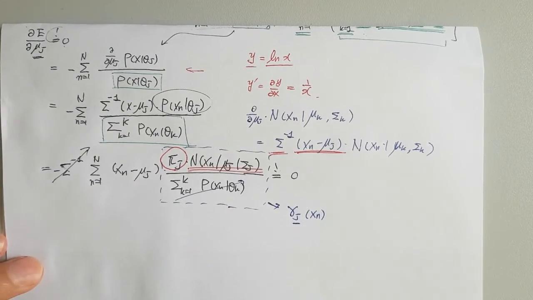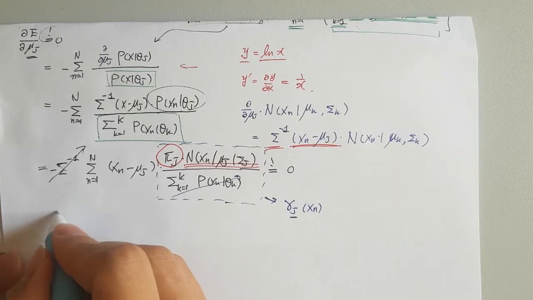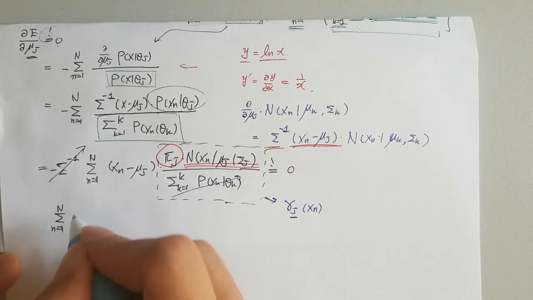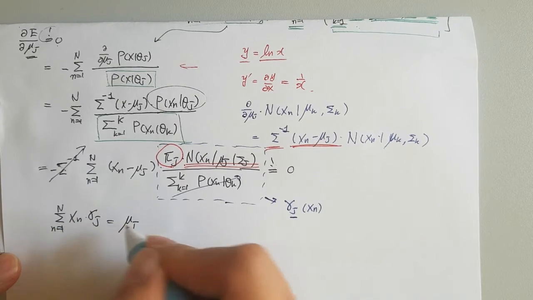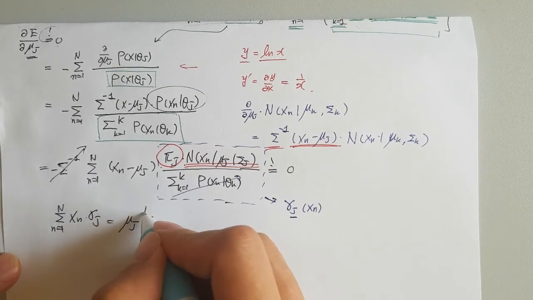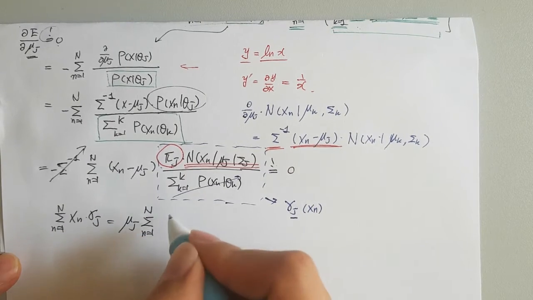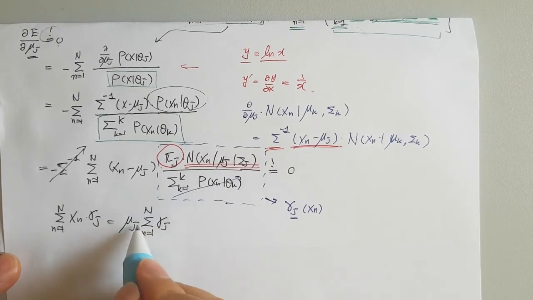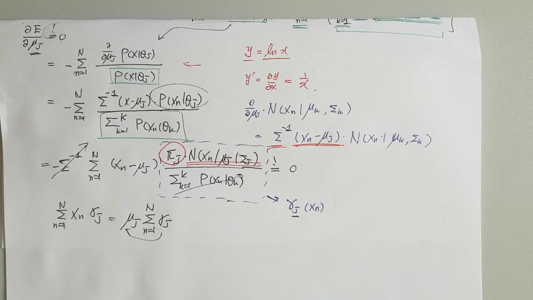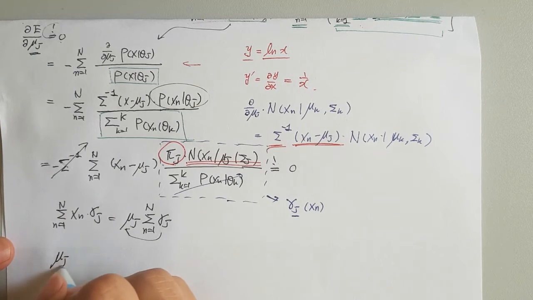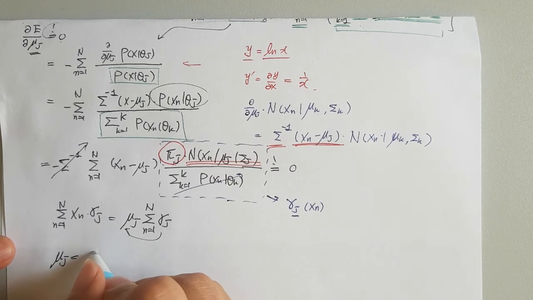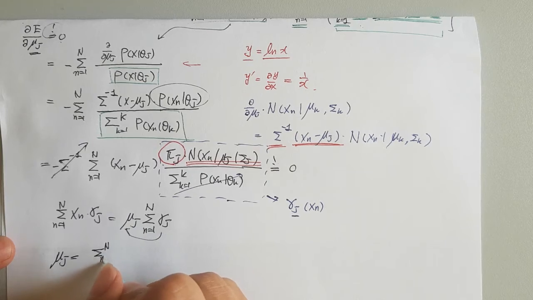So clearly I can rewrite this equation as follows: because mu, which is the mean of the distribution, is always the same, it can go out of the sum sigma. So here finally I can say, alright, I get the mean value which minimizes the error or maximizes the likelihood, which is